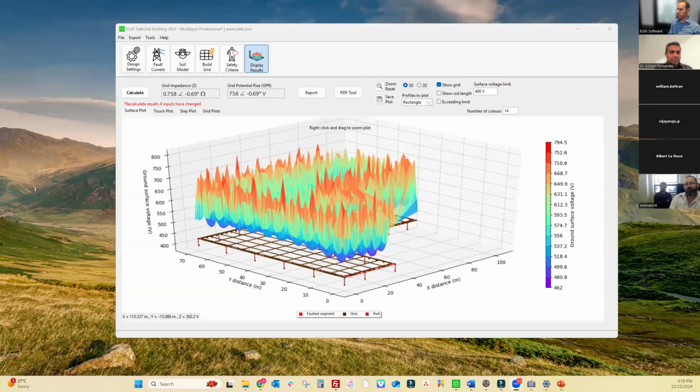Now, when you start dealing with large grids, or you have grids that are installed in low resistivity soil, the voltage drop along the grid is very significant and you need to consider it. The next question is, if you control touch voltages so they are safe, can we assume that step voltages are safe always? Not always, but most often.